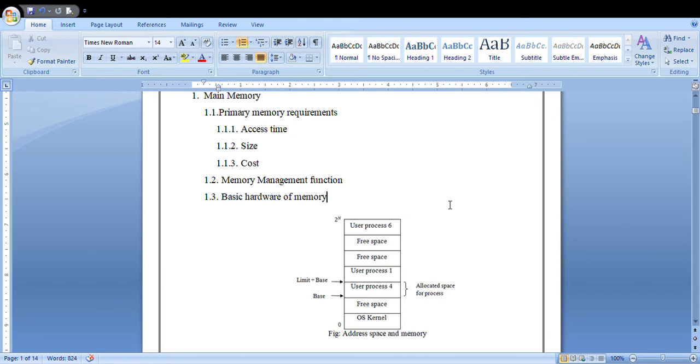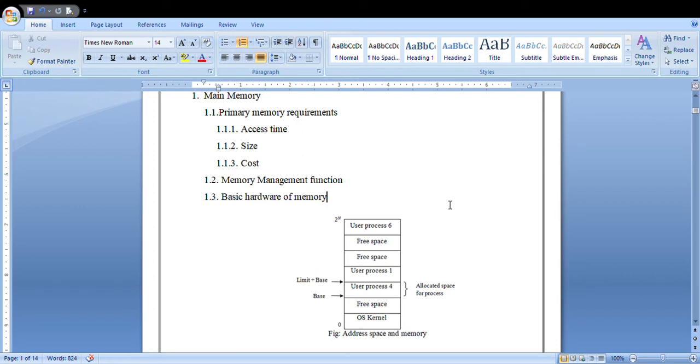What is this base register and limit register? The base register is loaded with a physical address. In the next topic, I will explain what you mean by physical address and logical address.